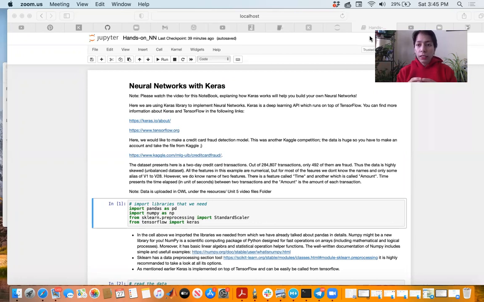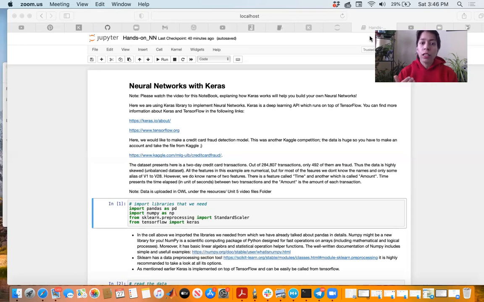So the idea is that we have lots of credit card transactions, and we know most of them are legitimate. However, a very small amount of them are unlawful and fraudulent transactions. We want to make a model to be able to detect these transactions, so that we can stop them right away. It is easy to believe that most of the transactions are actually legitimate, and we are dealing with very, very small amounts, maybe about 0.2%